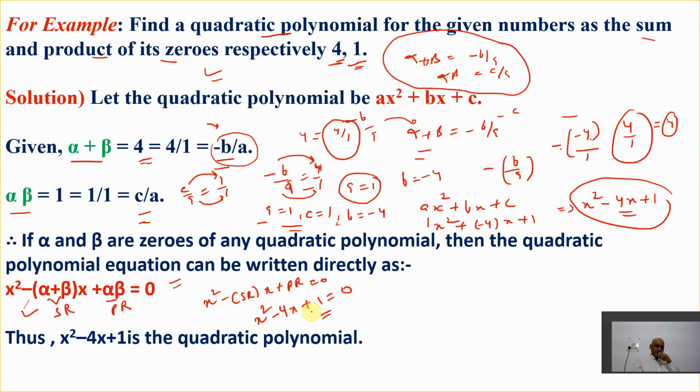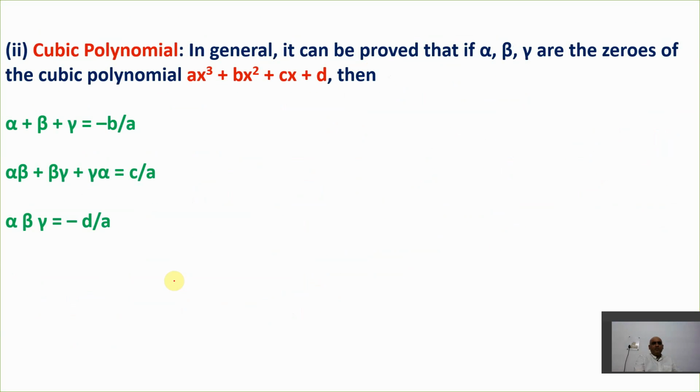So I'll also suggest this particular way to solve this question because it is a very short and convenient way. Otherwise, you can solve it both ways. Both are right. The upper part is also right because there we have used the coefficients. In this part, we don't require coefficients; we have only used the zeros. I hope you get this point here, because we are able to solve this question in two ways, right? So let's move towards the next point, that is the cubic polynomial.